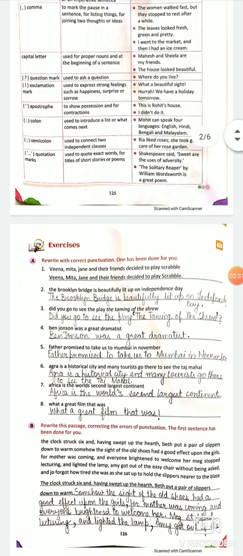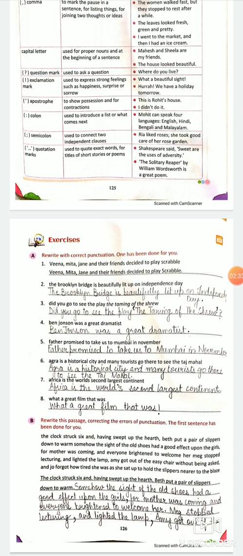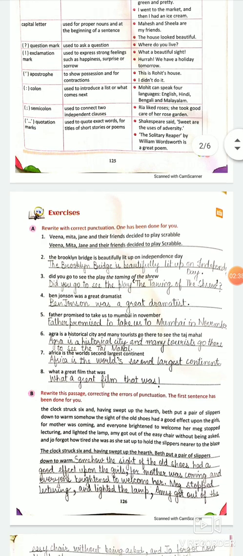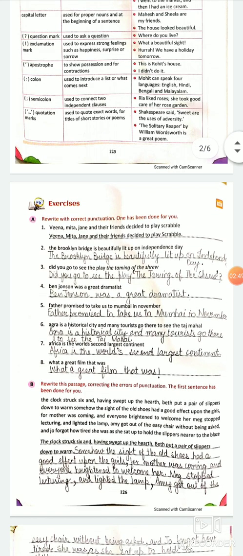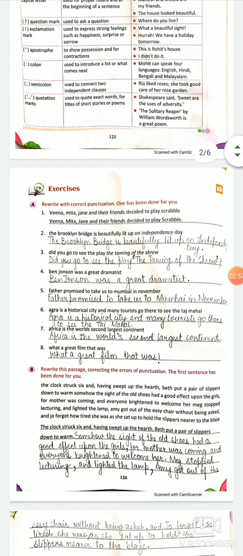Then we have apostrophe. Apostrophe shows possession and is used for contractions. Contractions means short forms, like we write cannot. Cannot in the short form, in the contracted form we can write it as can't. So we use apostrophe. Or we show possession. We say this is the house of Rohit. House of Rohit can be written as Rohit's house. So apostrophe has two functions. One is to show possession, and second is for the contractions.